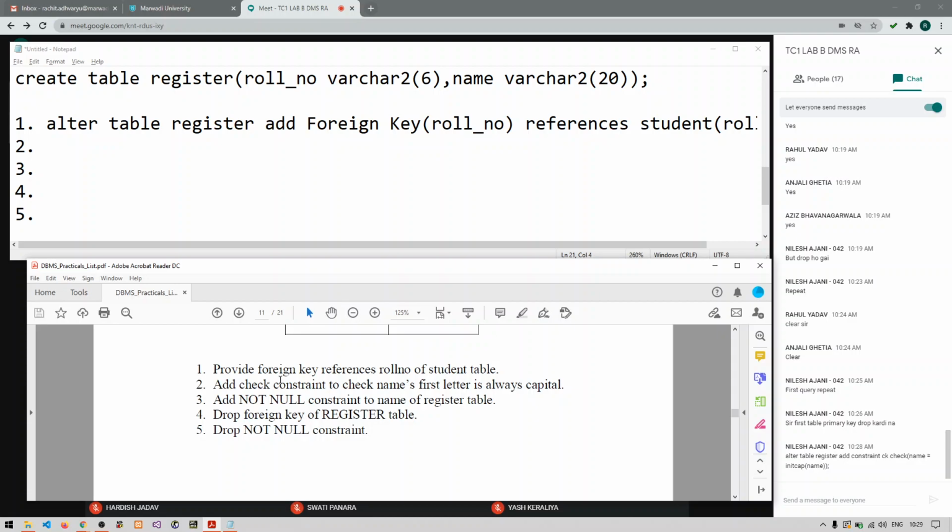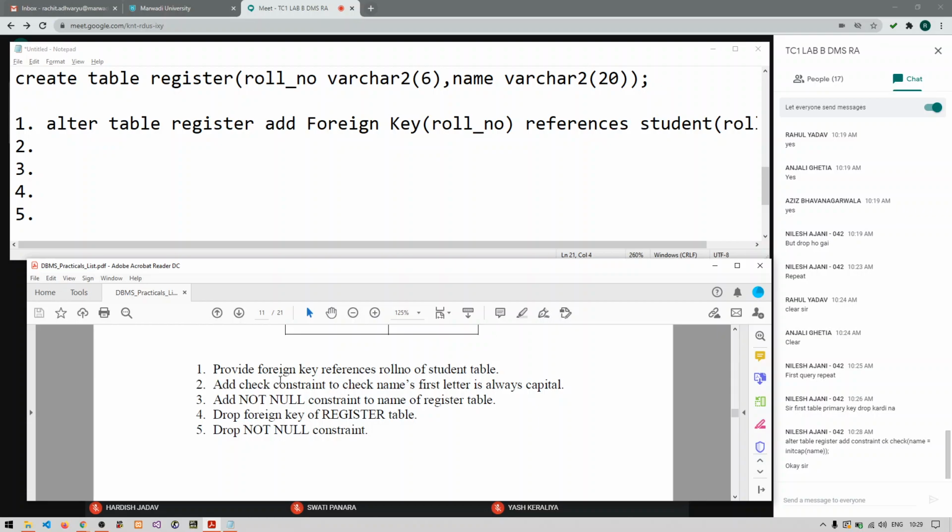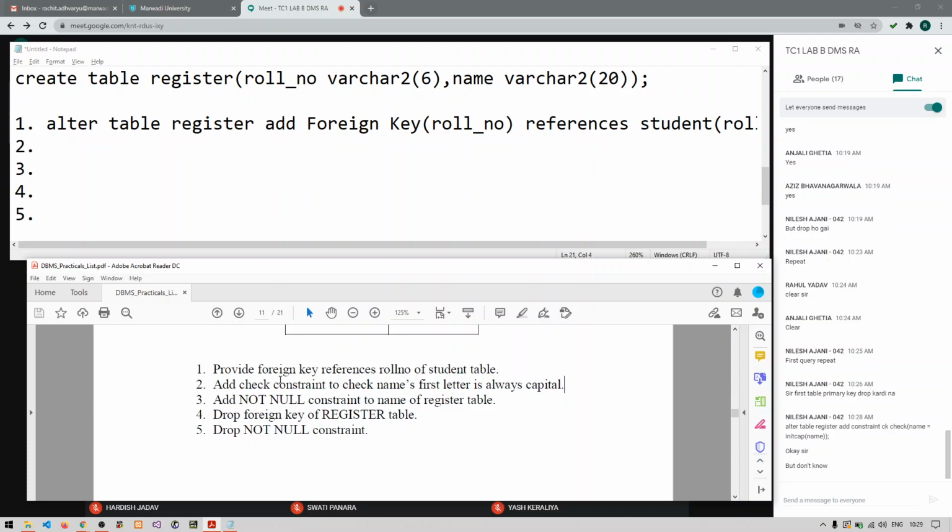And init cap will capitalize the first character of each word, so this won't work actually. A very good try, but if your name contains two words, then init cap will capitalize the first letter of both words. But we want only the first character of the name. Right, so let's see how to write the answer of this.